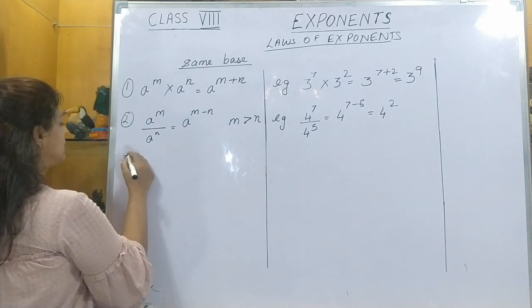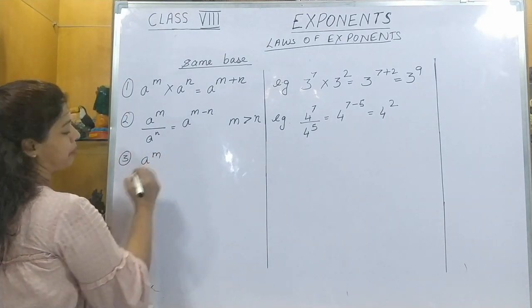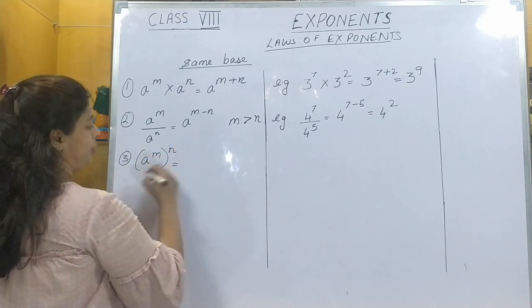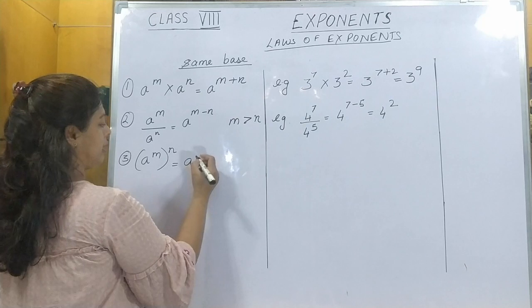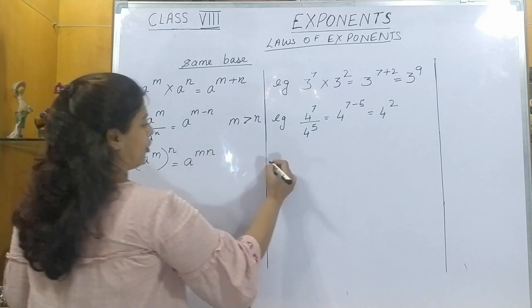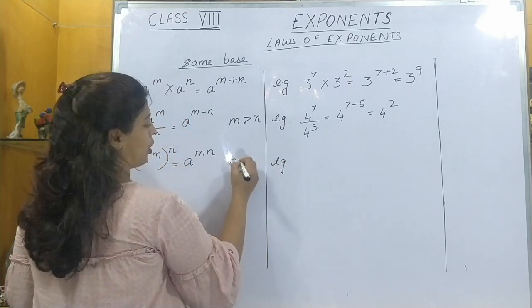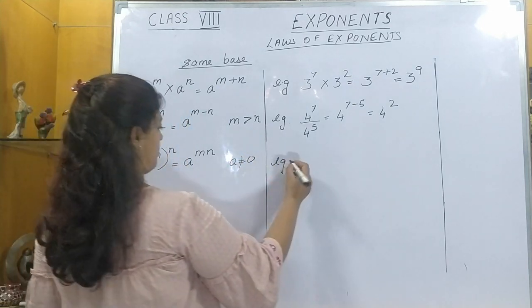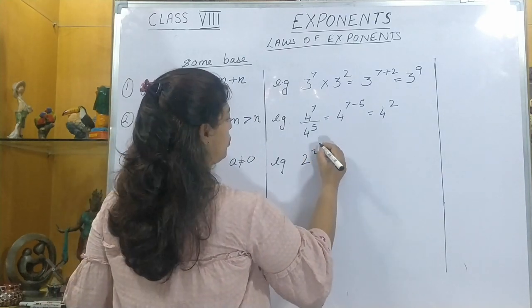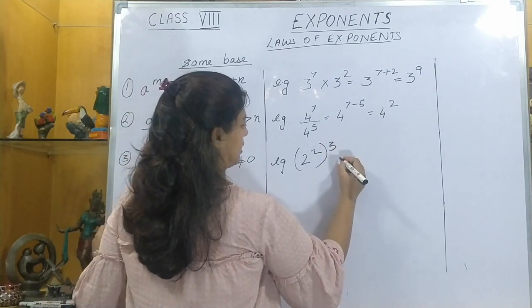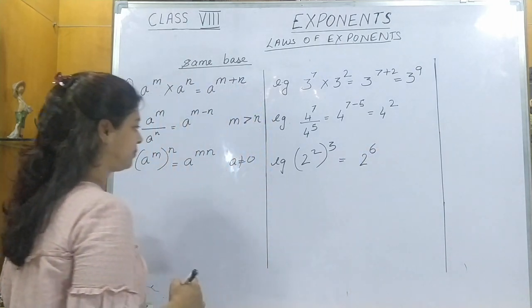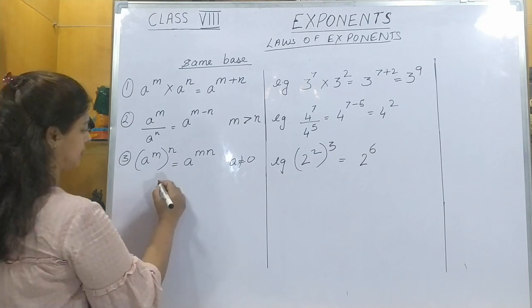My third law is a raised to the power of m, the whole raised to the power of n. Over here I will multiply the exponents, which gives me a raised to the power of m into n, or mn. Here a should not be equal to 0. Example, if I have 2 raised to the power of 2 whole raised to the power of 3, this can be written as 2 raised to the power of 6. Now with different bases,